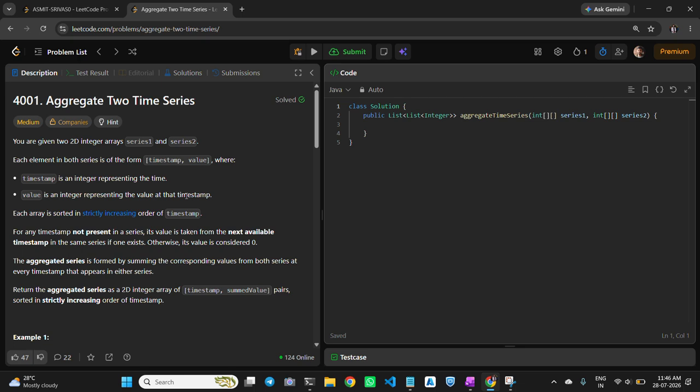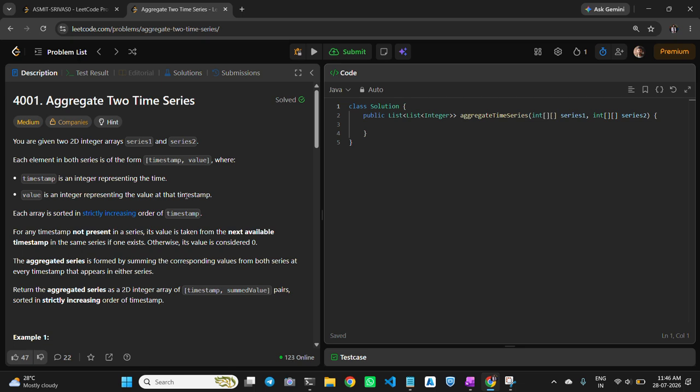Meaning for each of the series, you will have an n cross 2 matrix in which the timestamp represents the current time and the value is the integer representing the value.